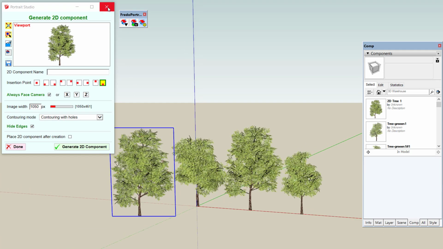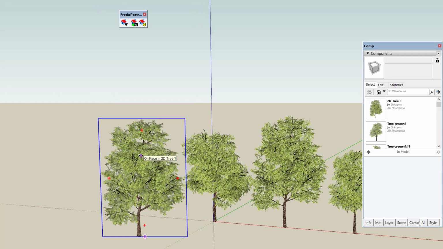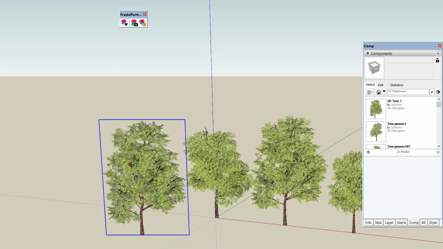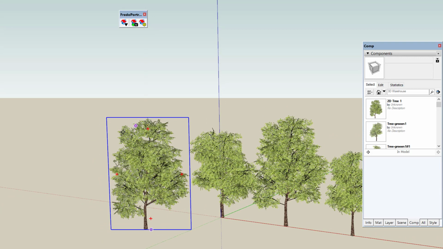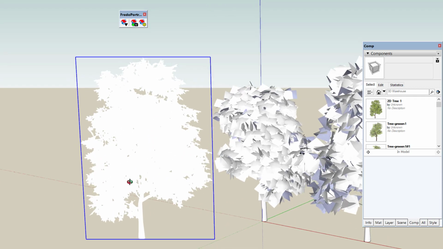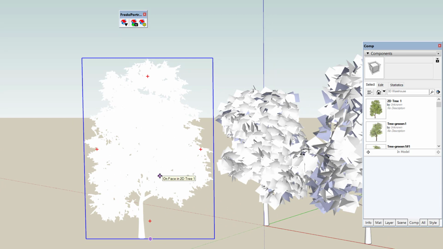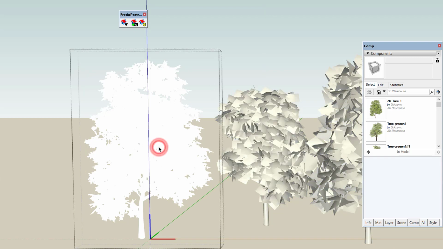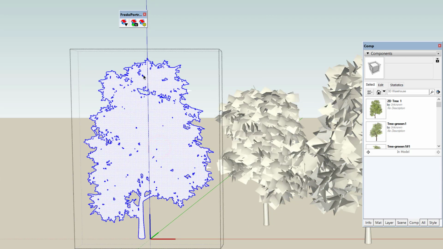And let's close this. So what Fredo Portrait has done is to contour all the details, including the holes in this tree. This is more apparent when you switch to monochrome, where you see that this component is based on faces. Okay, so if I go inside, you see that I have faces with a number of holes,